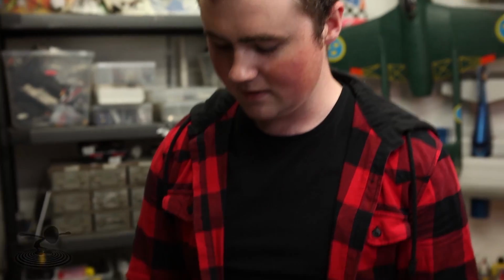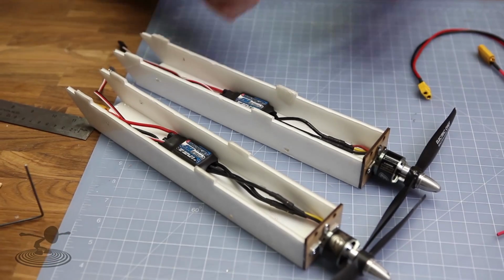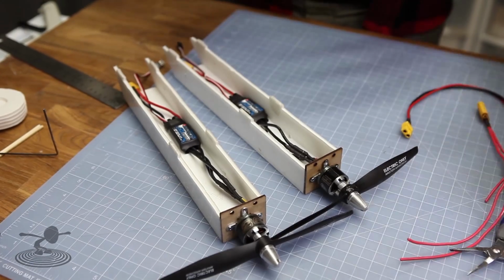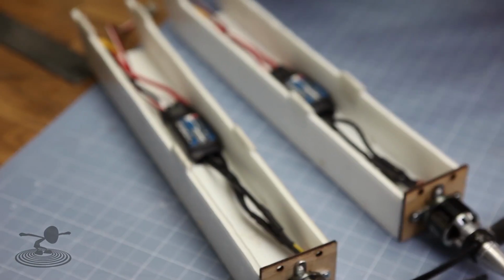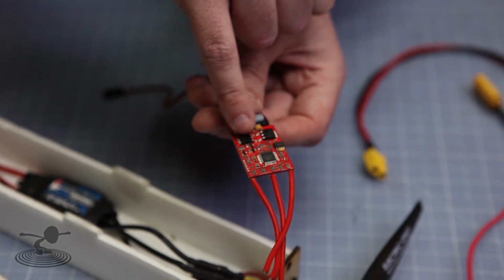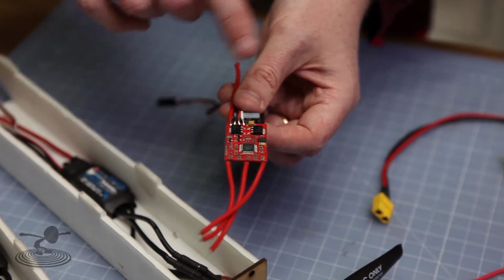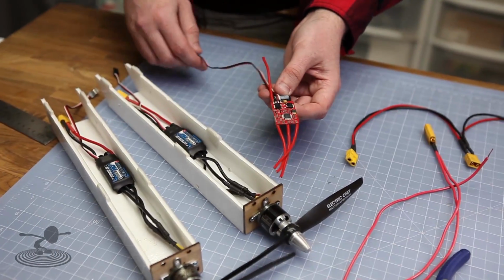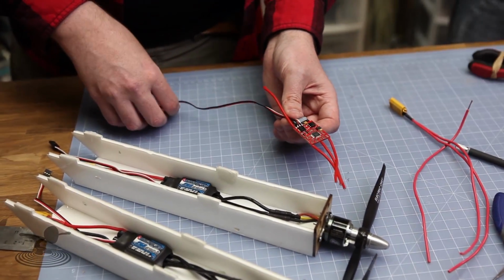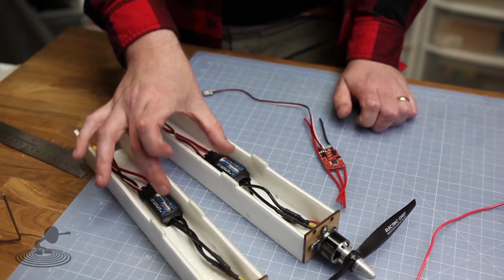So if you measure these, they're going to work together, because normally on a speed controller there is more than one of those linear voltage regulators because you need more power. This is a speed controller without the heat shrink on it. There's two linear voltage regulators on here. They are matched, so they have roughly the same voltage, so they work together. And if you use two speed controllers you bought at the same time from the same manufacturer, they ought to be pretty close. So you can actually run them in parallel,